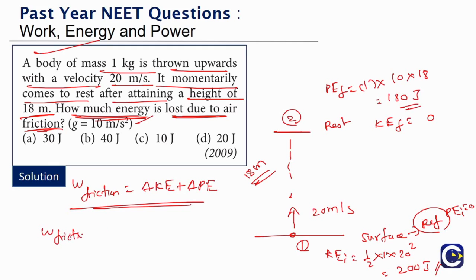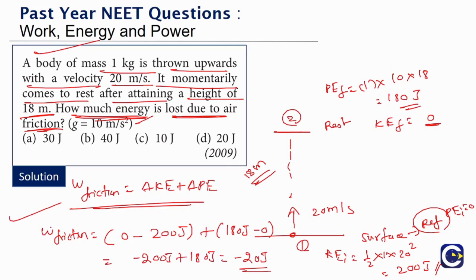Work done by the frictional force will be equal to the change in kinetic energy, final kinetic energy minus initial kinetic energy, plus change in potential energy. What is the final potential energy? 180 joules, minus initial, which is 0. So what is this? Minus 200 joules plus